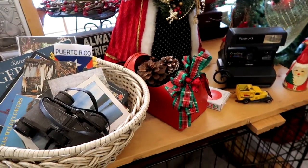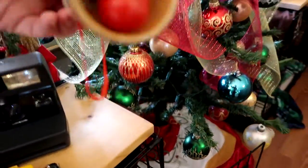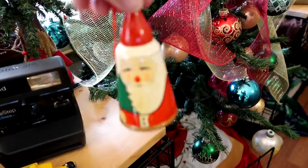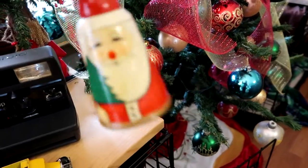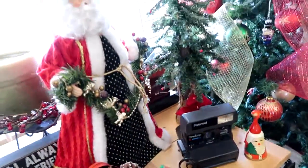And then over here, of course, we gotta have Santa with his tree with the gold star. Then an old tin mailbox. And this, I don't even know how old this is, but it's a Santa bell kind of thing. It's so cute. And then I'll show you the second